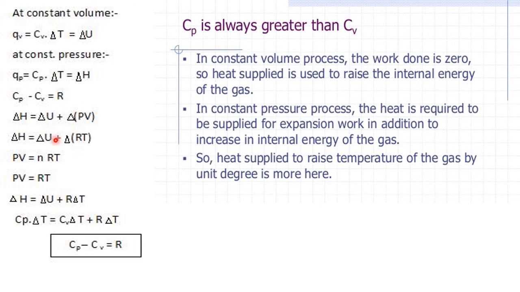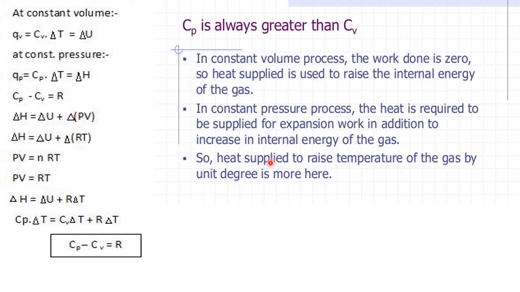Okay. Now from this equation, what can we conclude? We can conclude that Cp is always greater than Cv, or Cv is smaller than Cp. Why? Because in a constant volume process, the work done is zero. Whenever heat is supplied at constant volume, it is only changing the internal energy. So there is no work done. But in the case of heat supplied at constant pressure, where there is a change in the volume, it is not only changing the internal energy, but work is also done. Therefore, this value is always more. That means Cp is always more than Cv.